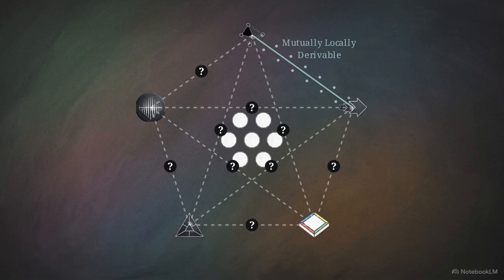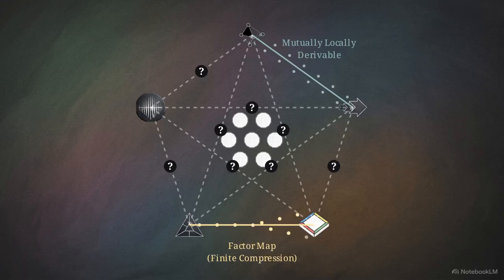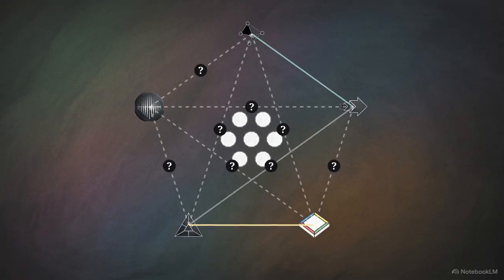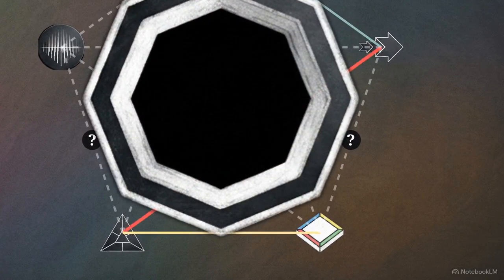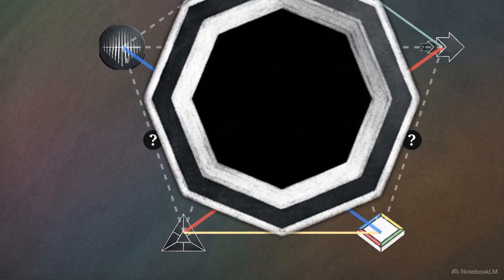A mutually locally derivable relation is a lossless two-way translation. It means 2 different observables perfectly repackage the same aperiodic order. A factor map is a finite to 1 compression. It means one observable accurately sees a shadow of the system, but vital structural information has been permanently forgotten. This forces specific problems. For the specter monotile, do the algorithmic Markov partitions share the exact Čech cohomology as the mechanical matching rules? Does translating a geometry into Wang squares yield the same physical diffraction profile for natural weights?